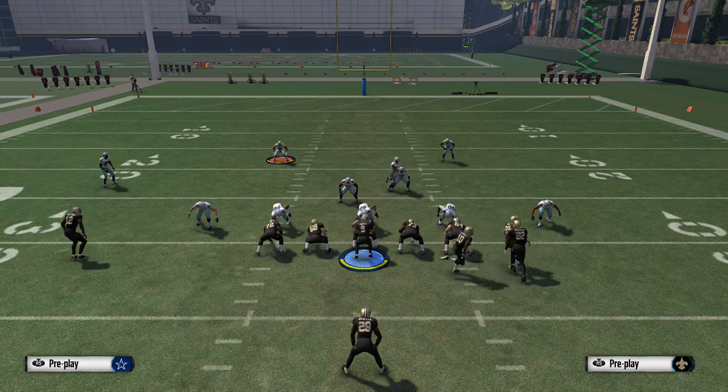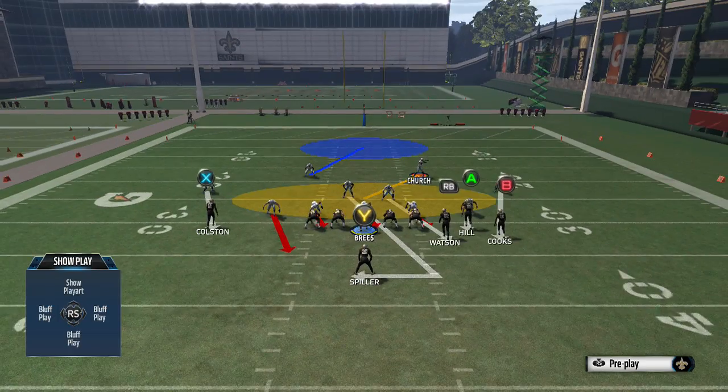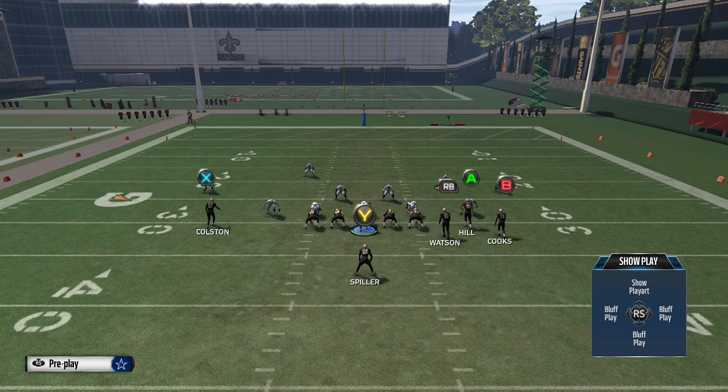So say your opponent just is hell-bent on blitzing from the right. They're not going to let you run PA end around. This is where this play really takes advantage of that, because if they are blitzing from the right, they're going to have limited coverage. So when they do that,